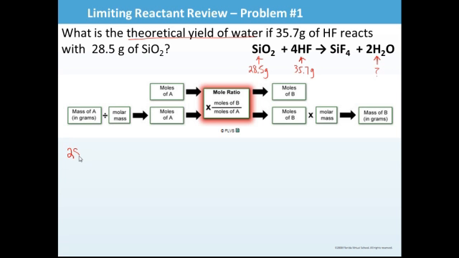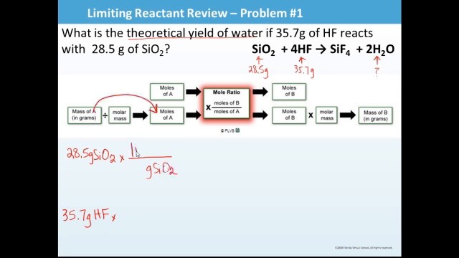I'm going to start with 28.5 grams of the first reactant, and then in my second problem I'm going to start with 35.7 grams of my second reactant. And now I'm just going to do the first one, one at a time. So 28.5 grams of silicon dioxide, put my X, put my line. Whatever unit I start with, that's the unit I have here, which I knew because step 1 says to